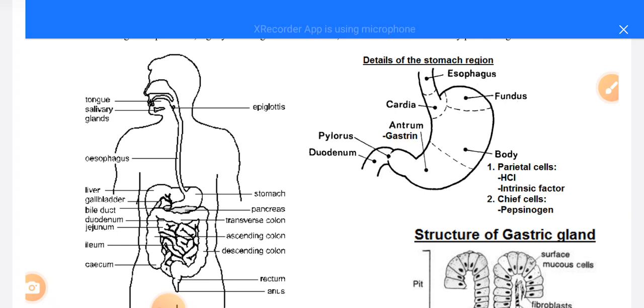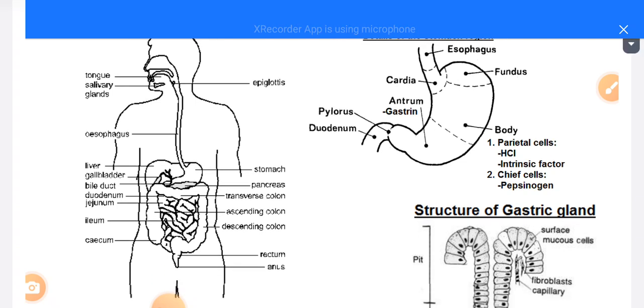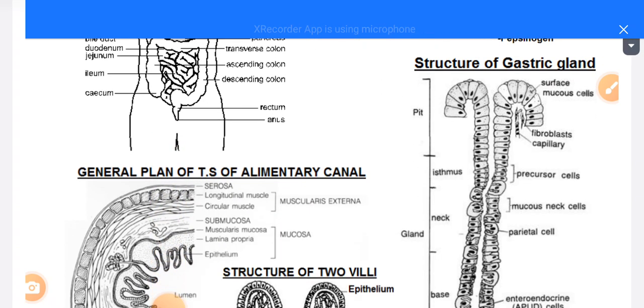Then it is activated by the parietal cells secreting hydrochloric acid, which activates the pepsinogen into pepsin. And then this pepsin begins the process of digesting the proteins. I hope you remember that science. Then from there you can go ahead and look at that